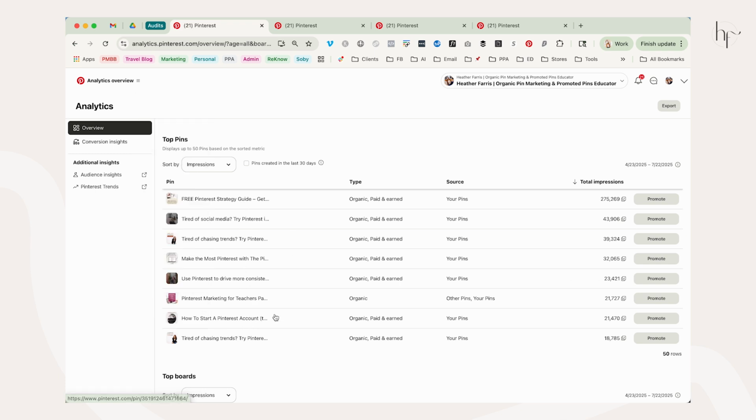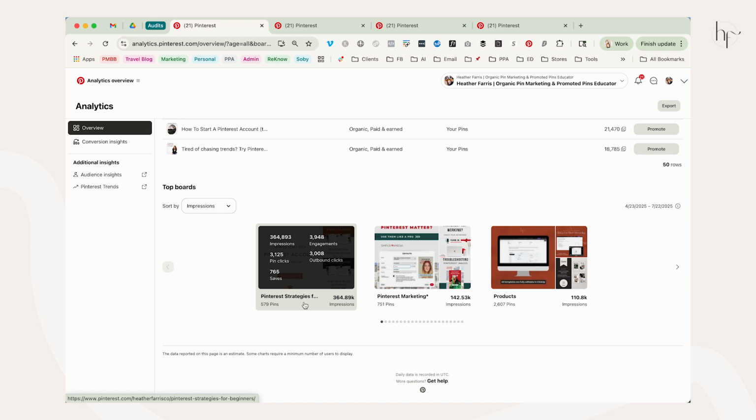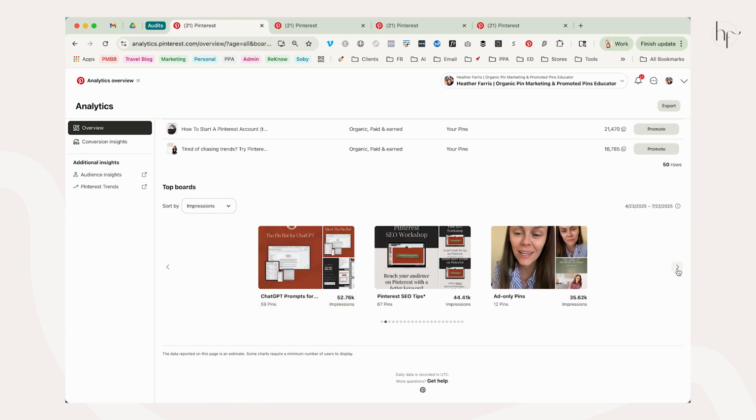Now, for me, none of these things are going to be in the trends, but I want you to take note of your top pins, and write down what your keywords were for those pins. And then I want you to go to your top boards and do the same thing. So what are your boards and what are those topics, and how can we correlate these to keywords? Now, your board title should be a keyword, so that should be pretty easy to do.